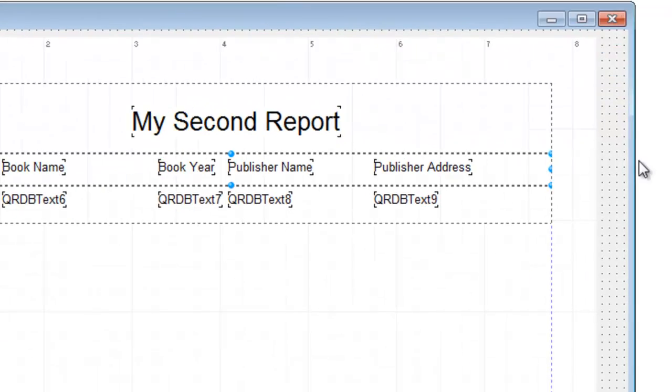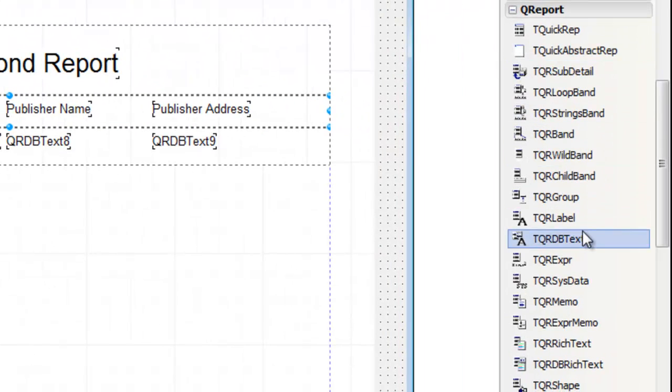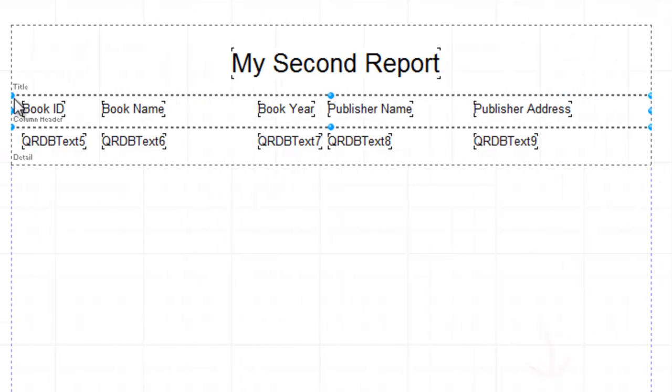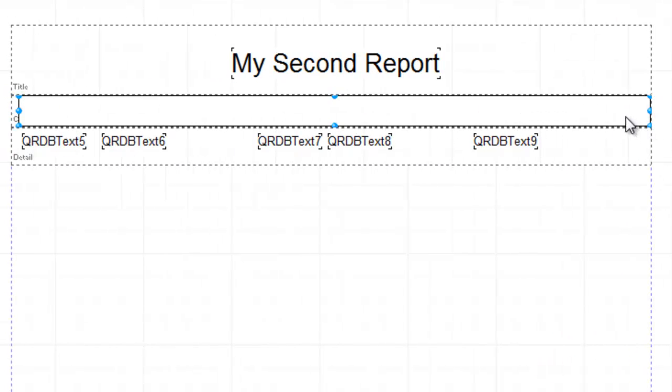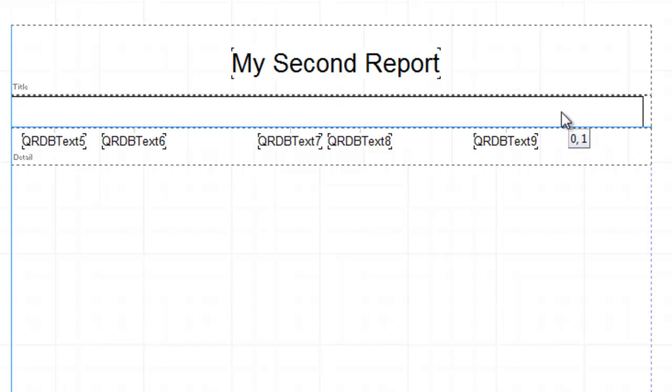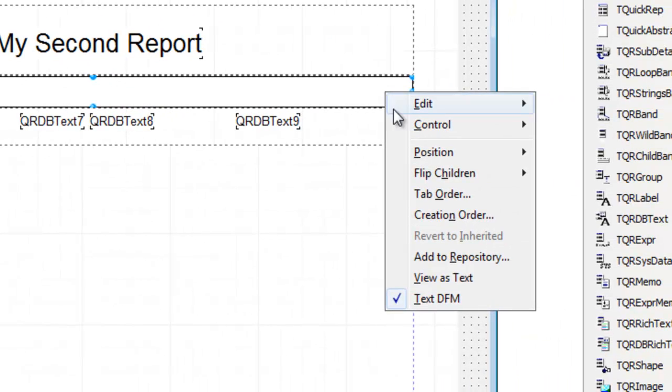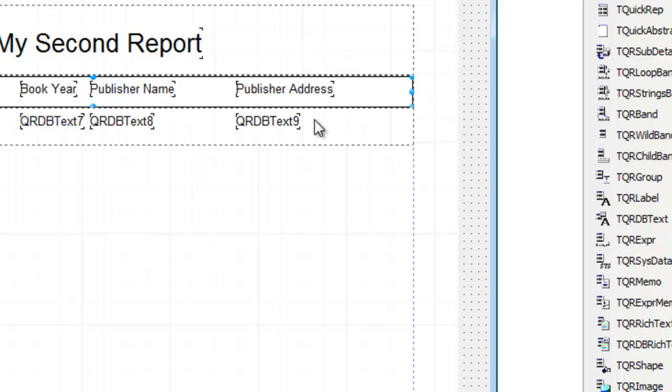Look for QR shape right here and draw on the column header. Okay, don't worry. Right click on here and send to back.